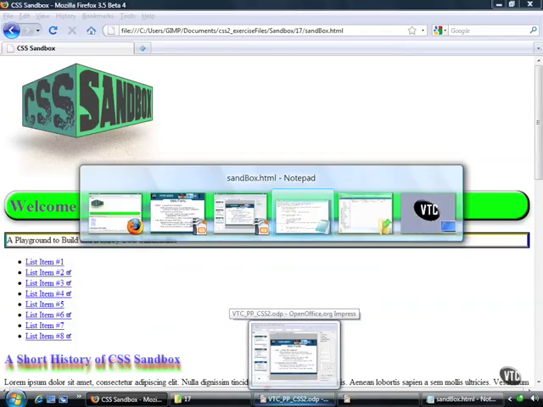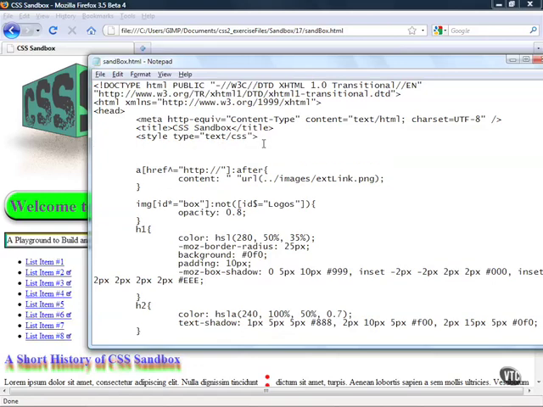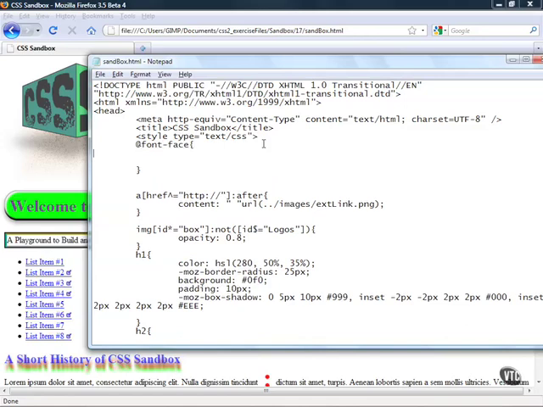So we got our sandbox. And I'm going to target the H1, and the H1 is going to end up using the font that we're going to set up. But first, I do have to do my @font-face command. I'm going to jump up here to the top of the styles, and I'm going to add in the @font-face command and declare what fonts I'm using. So first of all, I declare my font family. This is going to be Evil Genius